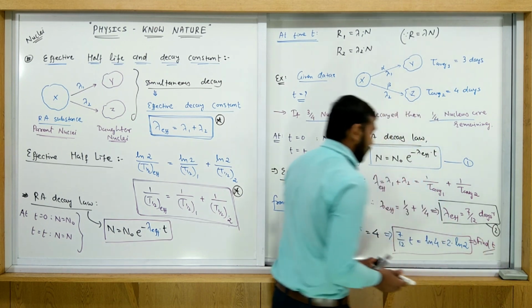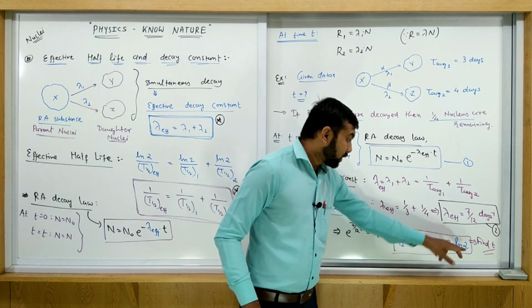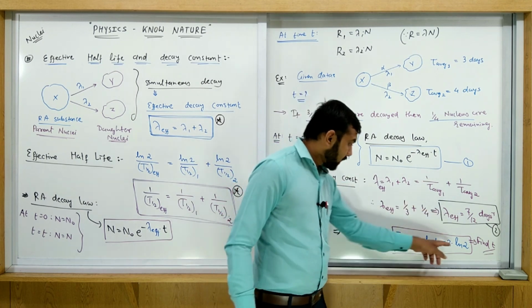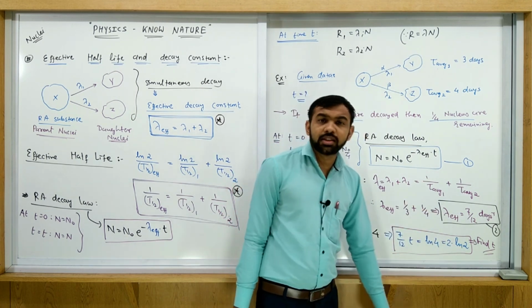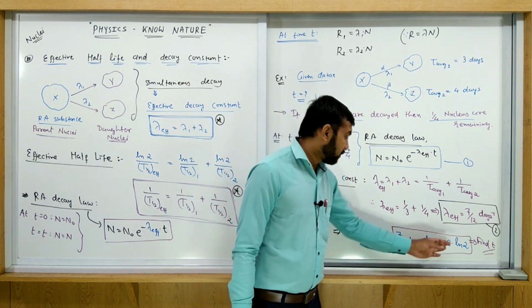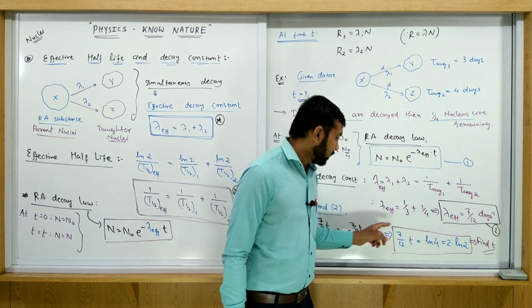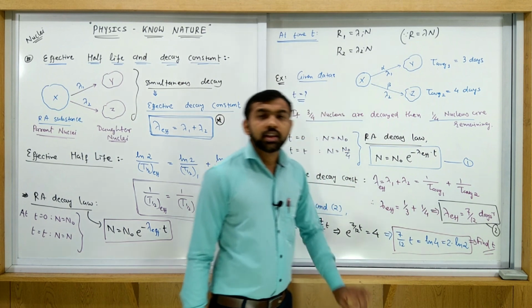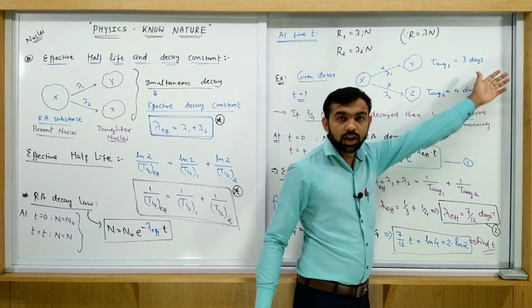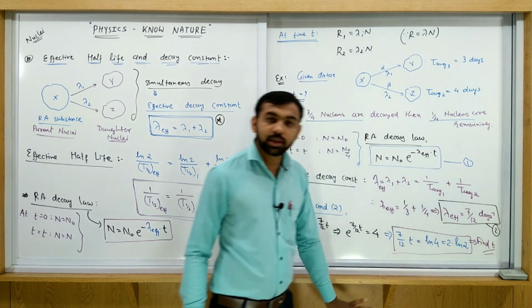Again, I am telling all of you, ln 4 is 2 ln 2. Why? Because that is 2 raised to 2, and the power comes into multiplication. So 2 into ln 2, which is 0.693, a well-known value. So finally we get t is equal to 12 into 2 into 0.693 upon 7. Finally you find the t. This answer t is in terms of days, because here we are using days inverse.